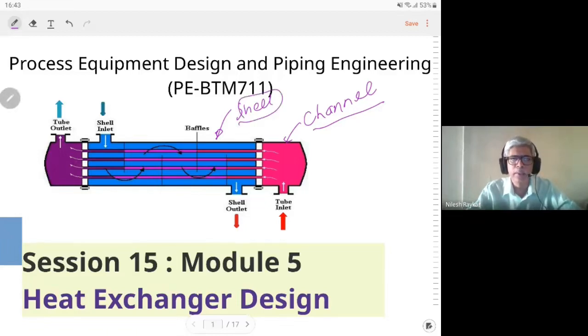So both these chambers are essentially pressure chambers or pressure components, and their design is done exactly as per pressure vessels. What are the unique components in a heat exchanger? They are the tube sheet and the tubes. And in order to support the tubes, you require some components which are known as baffles. So these are essentially the three different components in heat exchanger design. And in this calculation, we have seen the preliminary design check for the tube sheet.